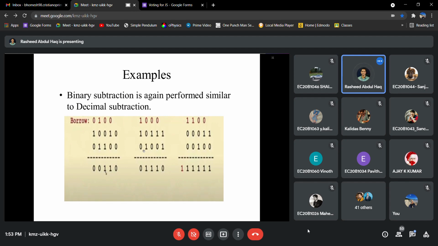Is it clear? Sir, how do we have a borrow of minus 1 in the last step? In the last step, you simply subtract 0 with 1. You will get a borrow of minus 1. Okay, and that answer is supposed to be 1. But we already have a borrow, so hence it is getting negated. Okay. Yes, sir. Okay, sir. Thanks.